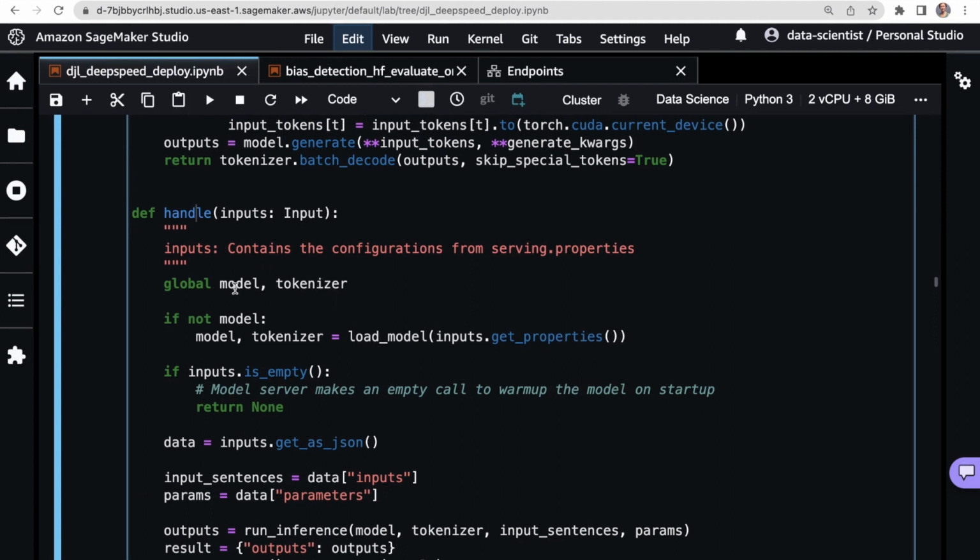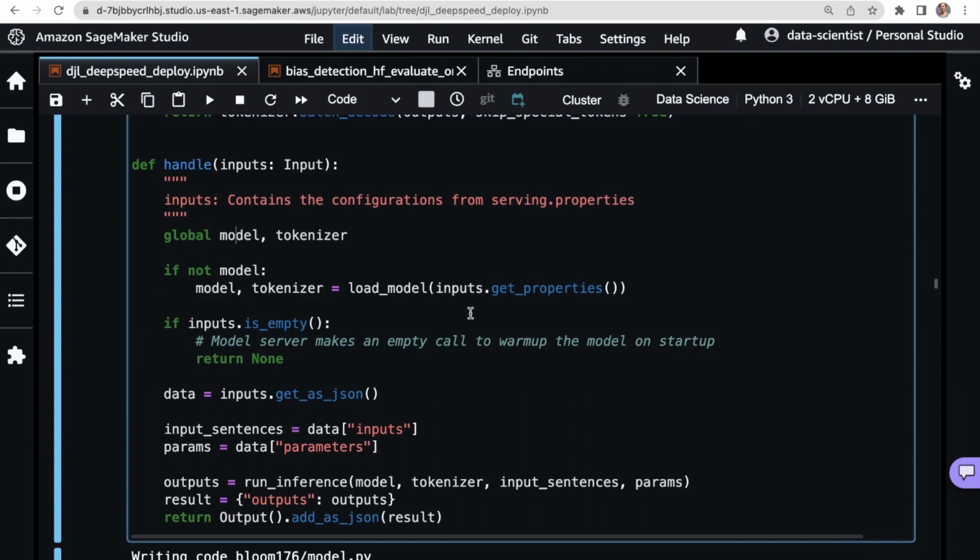And then the last process here is this handler that does some of this work for us. So it's using the global arguments, which is the model and the tokenizer, and if it doesn't have those, it's going to try to load them. And then we'll get the data through the inputs, where these inputs are coming from the web server. In this case, essentially this is coming from this serving.properties config. The web server, which is handling the API build out, is going to send you the data through this function.